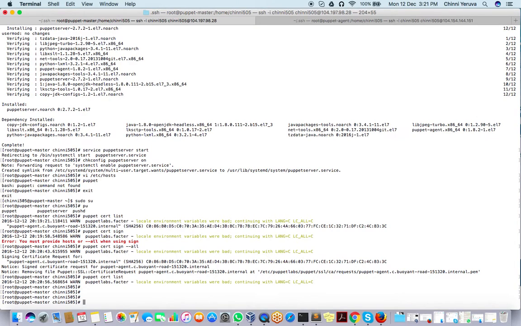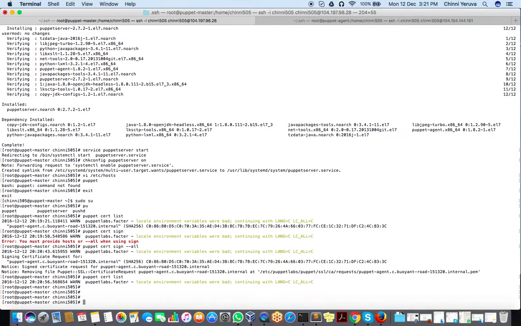Now what we did as of now, we installed Puppet repositories on both agent and master, and we installed Puppet server as well as Puppet agent, and we configured the Puppet agent to listen to my Puppet server or Puppet master. So now we just want to test whether both configurations are correct or not. Okay, so let's go to the etc Puppet Labs